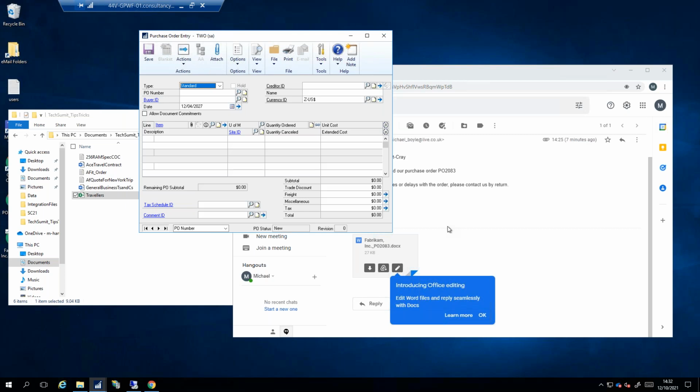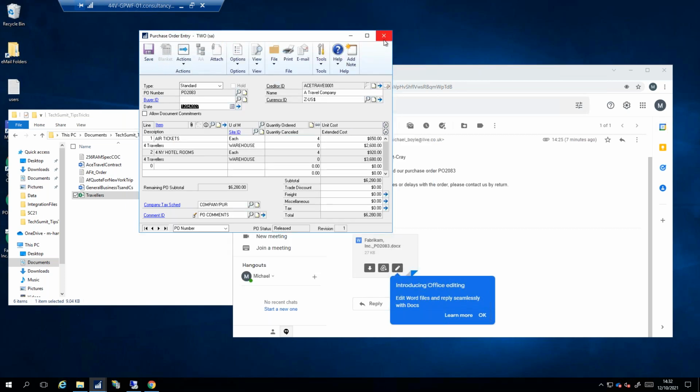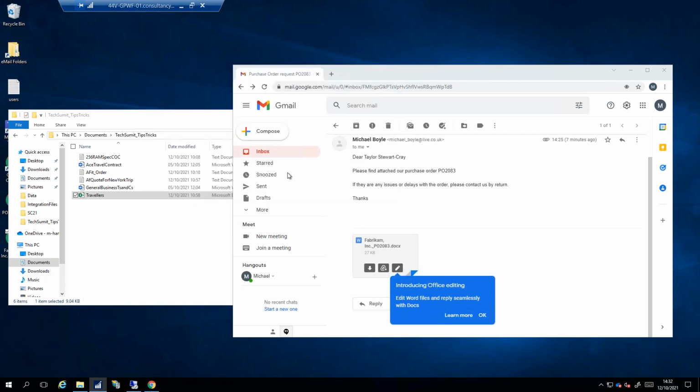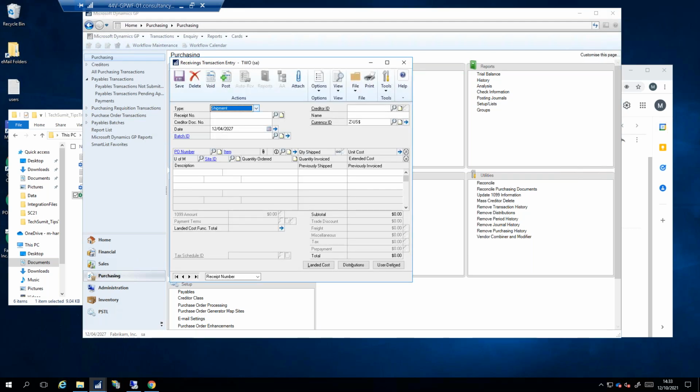But I tell you what, whilst we're waiting for that, we'll go on to the next thing and show the beauty about the doc attach. Because if we come back to here, I think if you remember, we've got the quote here. So at some point down the line, we're going to be getting an invoice. Okay, so a traditional way to do receipting transaction entry would be to come to this window here